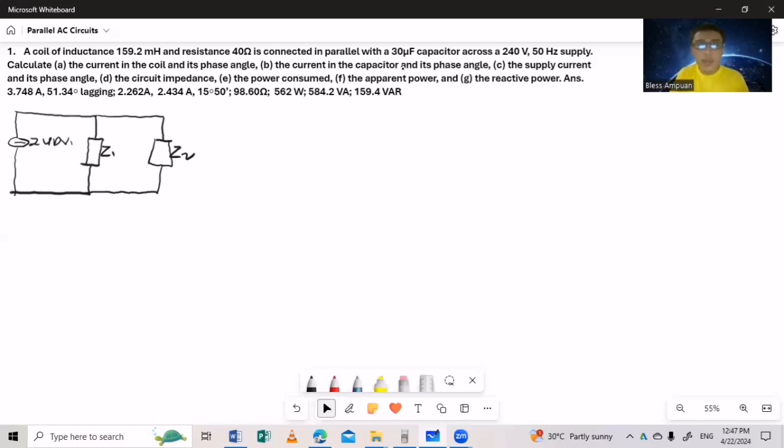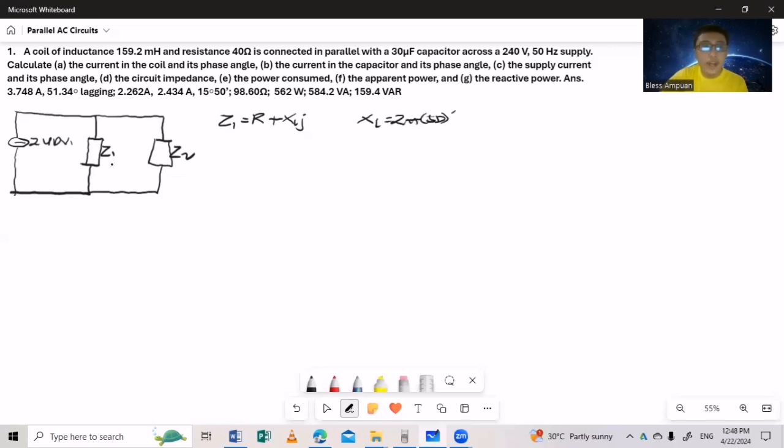Okay, so in this type of problem, we know that our Z sub 1, which is the coil, is R plus X sub L j. So in the problem, Z sub 1, let's say that this is the coil, this is what they call the impedance for the coil. So first we need to get the X sub L, which is equal to 2 pi times our frequency of 50 hertz